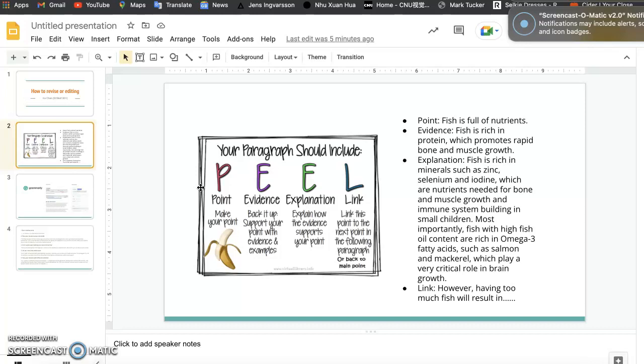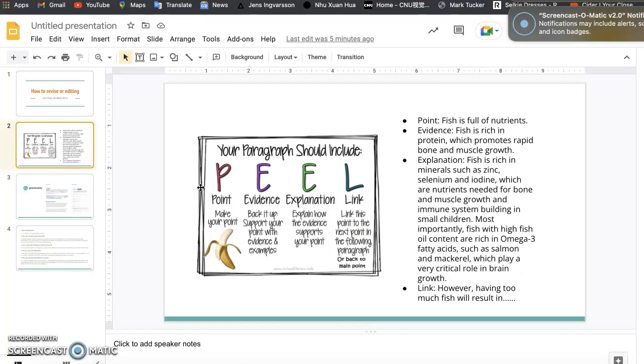And I want to introduce an example. For instance, my point is fish is full of nutrients, and my evidence is that fish is rich in protein, which promotes rapid bone and muscle growth. And my explanation for this is fish is rich in minerals such as zinc,